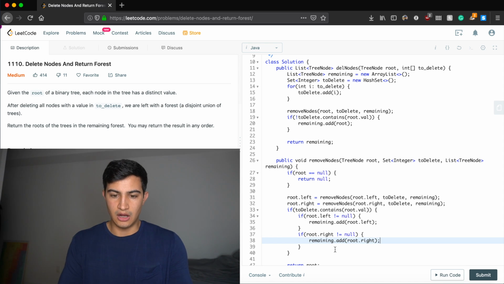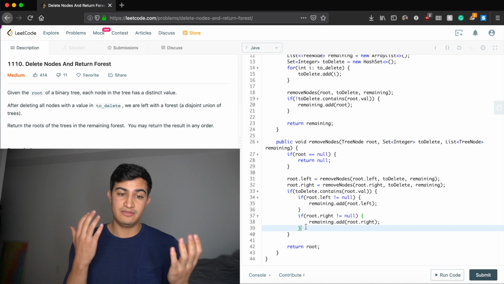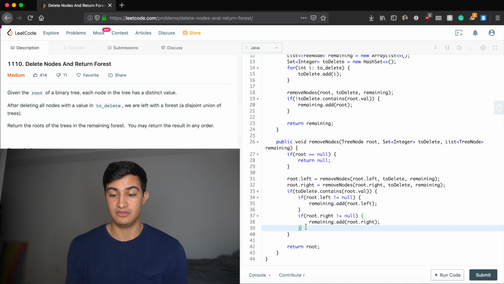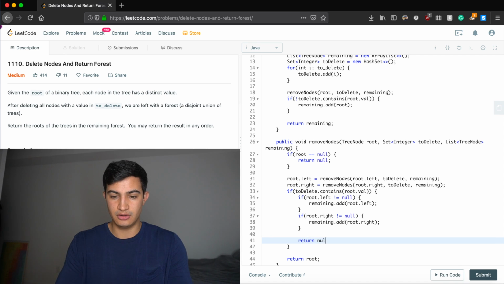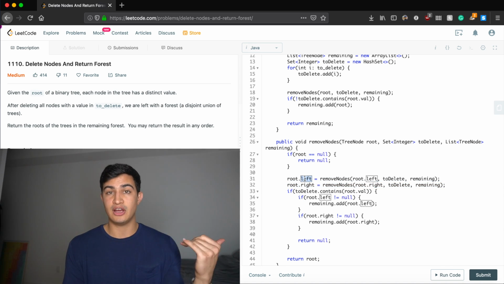root.right. Awesome. So now, again, the last thing we need to do, once we've actually saved its left and right children if they exist, is to remove the node, right? And so to remove the node, all we have to do is return null. Because now once this returns to its parent's recursive call, remember that's going to be the result of one of these recursive calls, so we'll be effectively assigning a parent call's left child or right